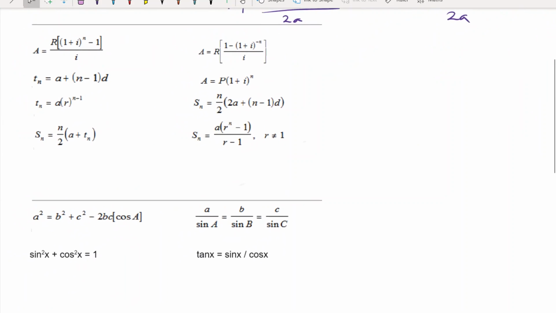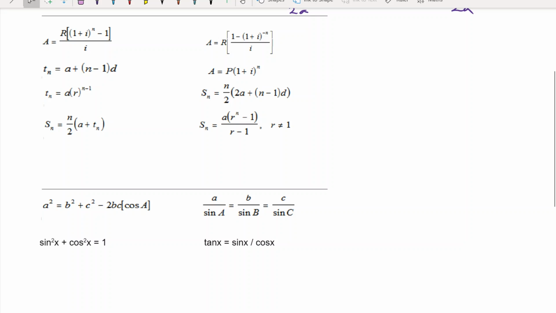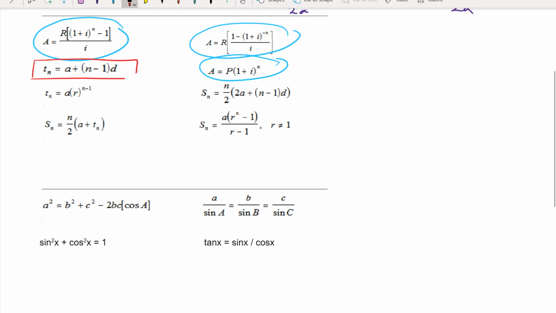We also have quite a few formulas from our discrete functions unit. So we've got formulas that have to do with financial applications. That's this one, and this one. And we also have some formulas that have to do with sequences and series. So our sequences, we've got our arithmetic sequence. So that one is right here,